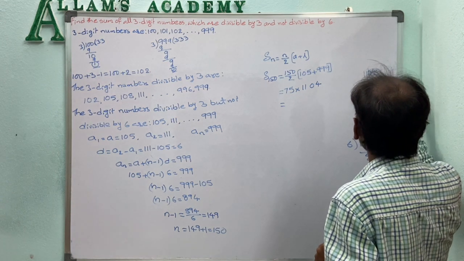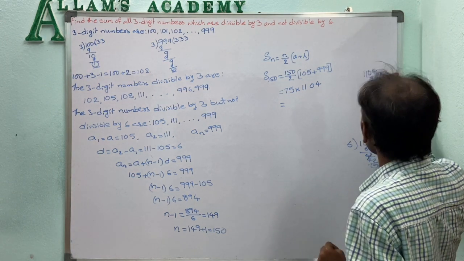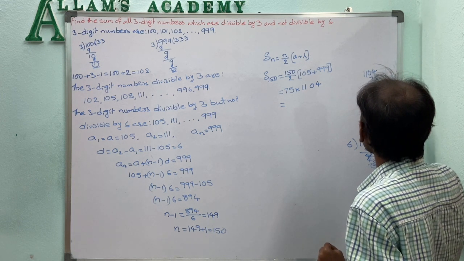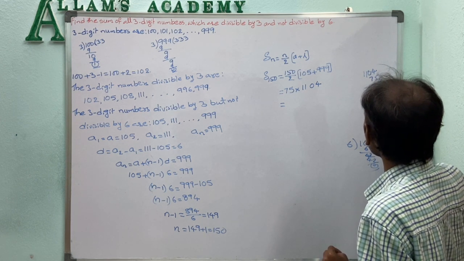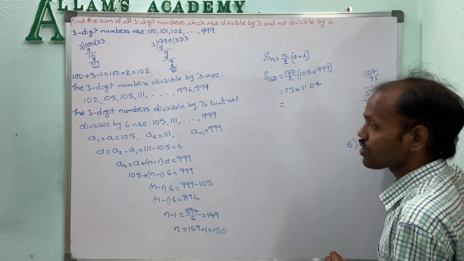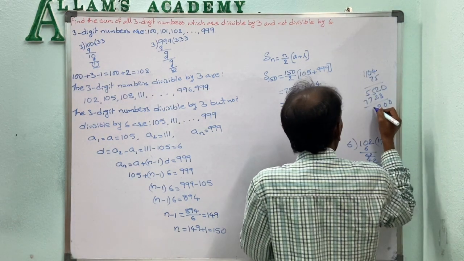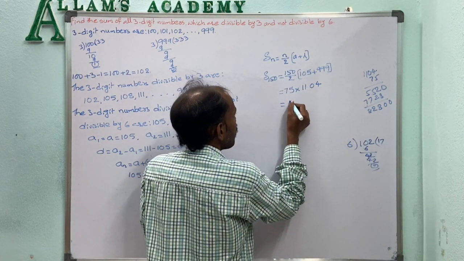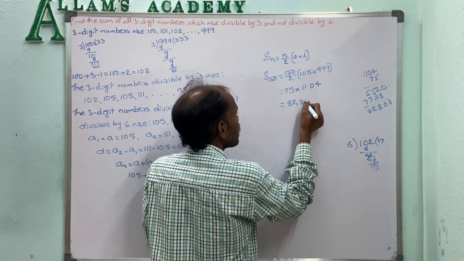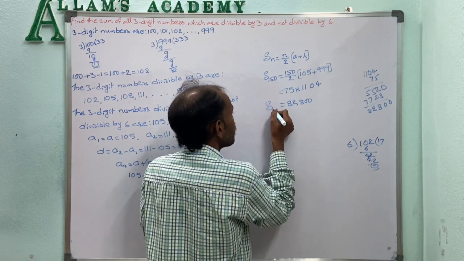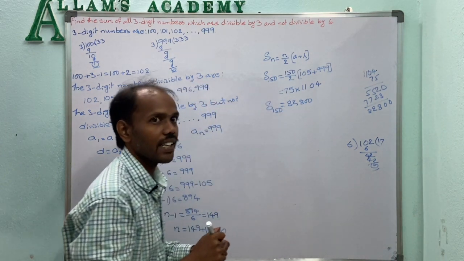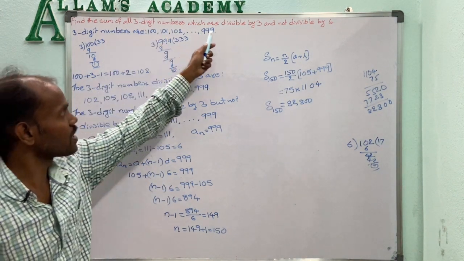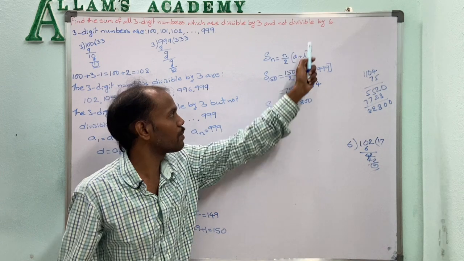So 7 5s 35, 11 5s 55, 7 4s 28, 7 1s 7, 0 0 8. 5 plus 2 7 plus 1 8 and 7 plus 5 12 and 8. So sum of these 150 terms is 82,800. That means the sum of the 3-digit numbers which are divisible by 3 but not divisible by 6 is